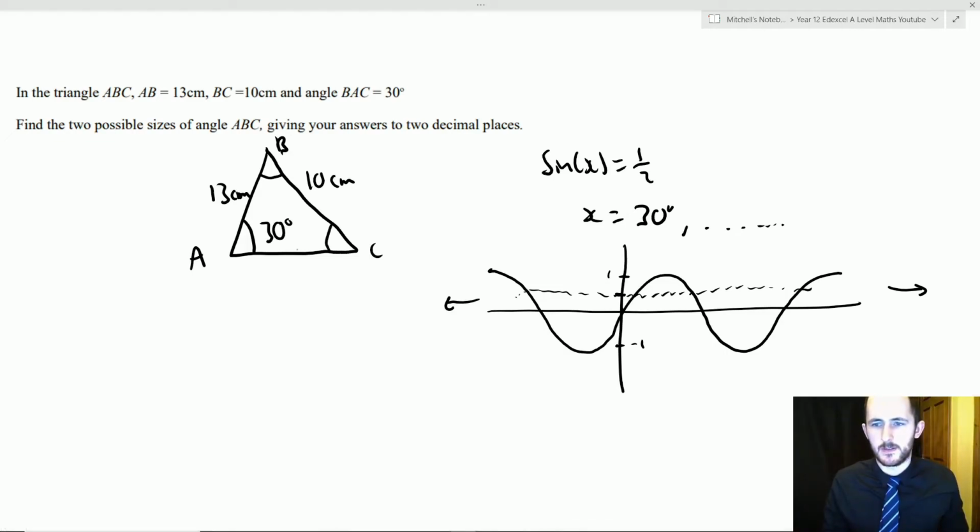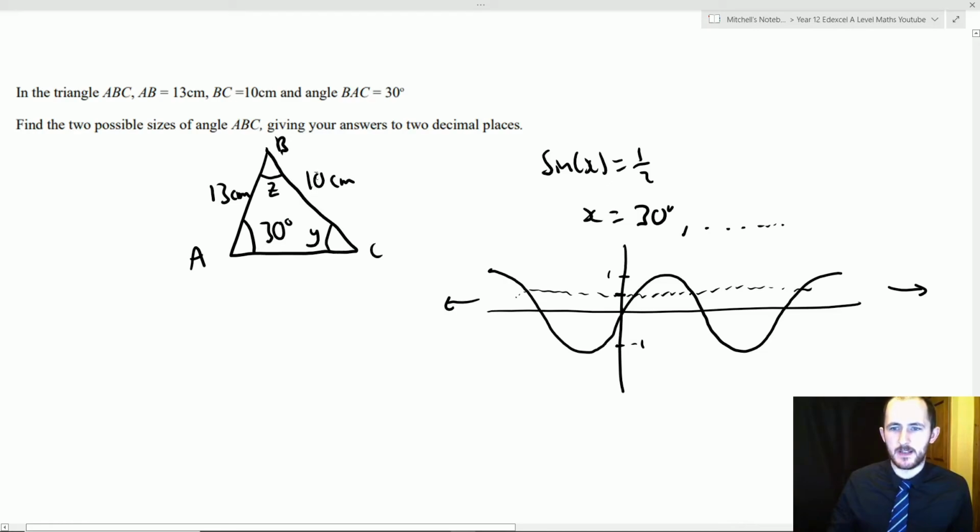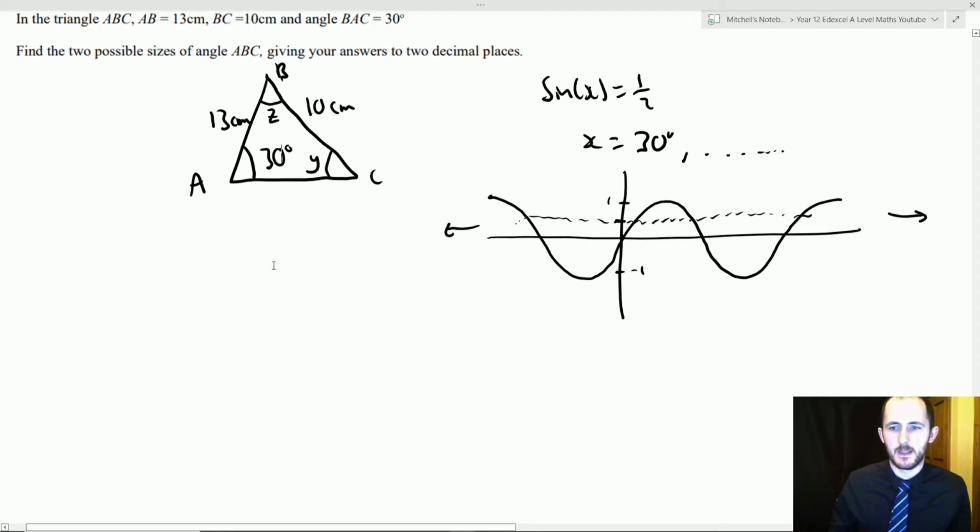Okay, slightly annoying. But we're going to be using the cosine rule. Sorry, the sine rule. Because we have a side and its opposite angle and another side, and we want to find its opposite angle. That will give us what the value for z is, okay? Now, for y,